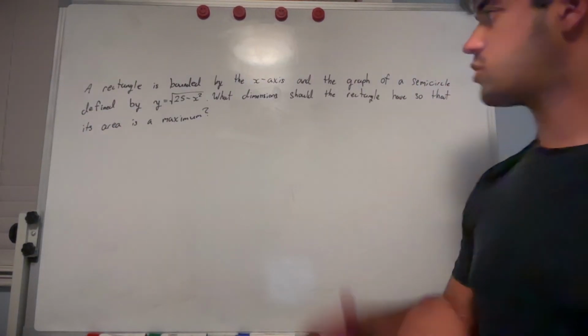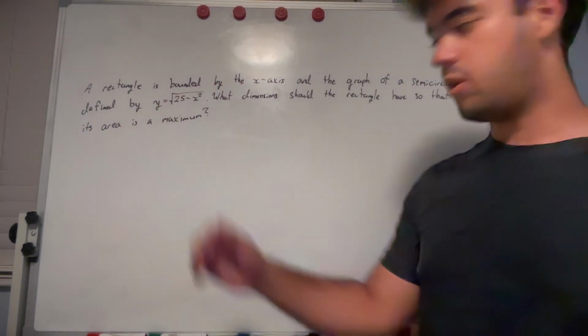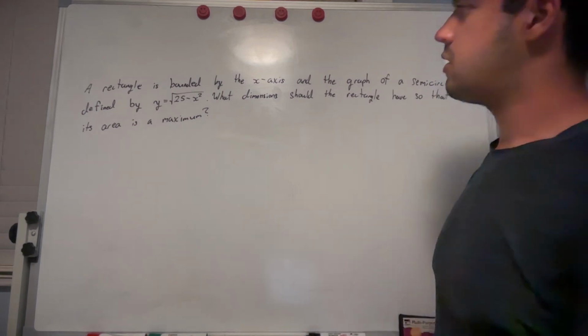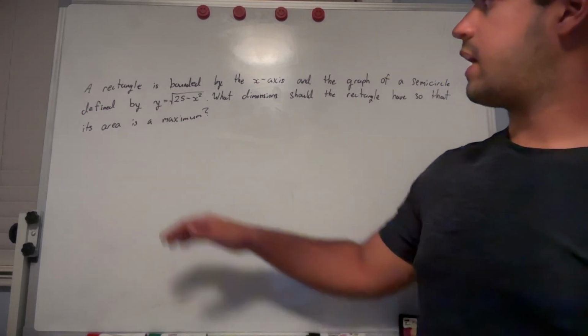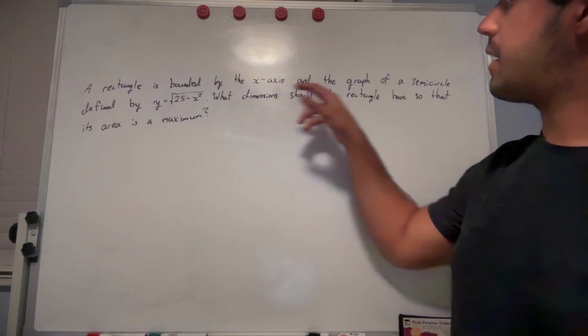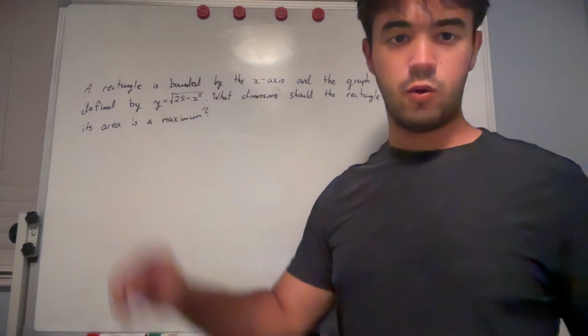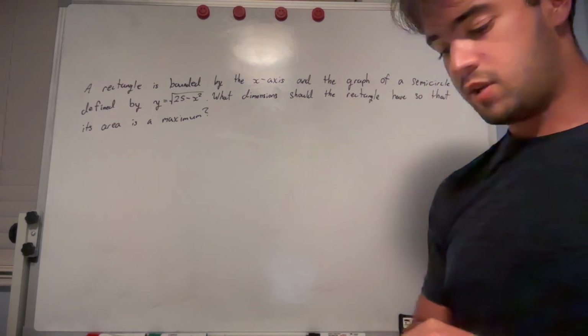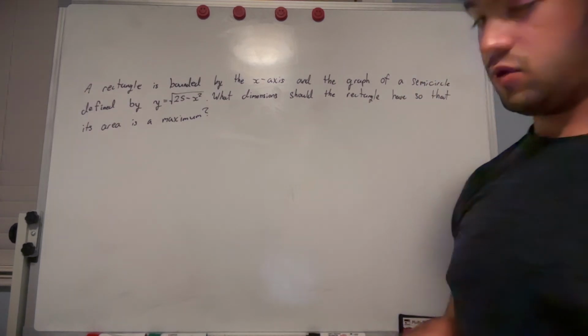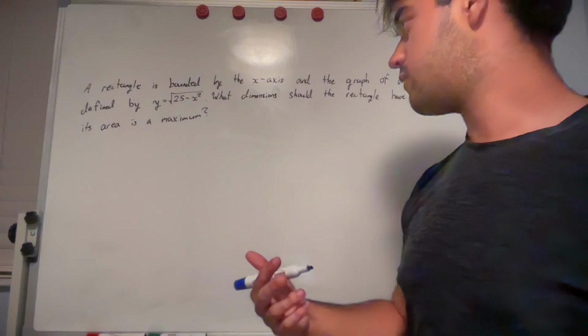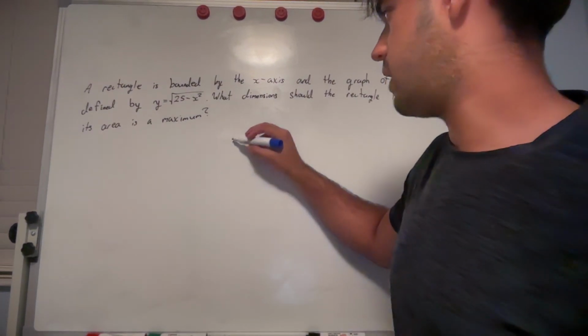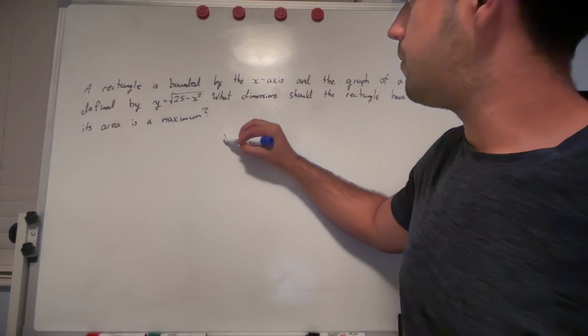So here we have a much harder example compared to the previous one. And we'll notice first that we have a rectangle bounded by the x-axis and the graph of a semicircle defined by y equals the square root of 25 minus x squared. In case you don't know, which it's very common that you don't know this when taking calculus, but if you have